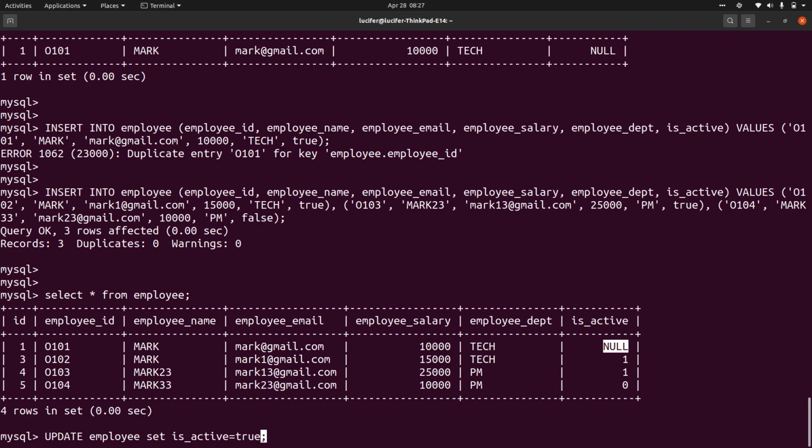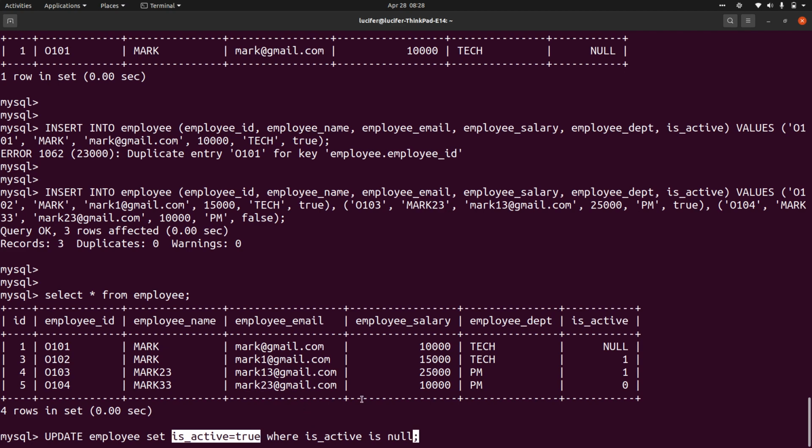So here comes one more command called where. Where is more like our conditional logic. In Python, just think of it as an if block. We will only apply this logic on conditional statements, like if true, then only we will do something. Similarly here, where is active is null. Whenever is active is null, then only we set is active equal to true.